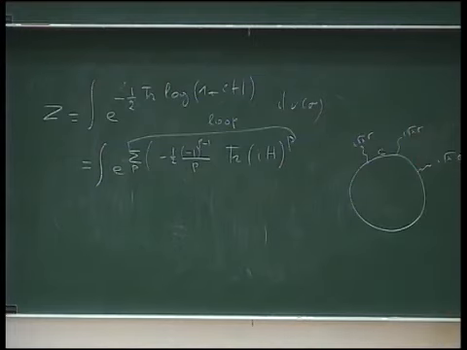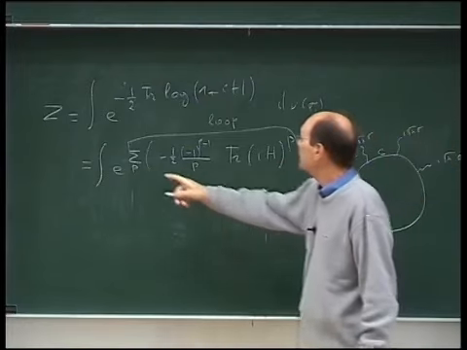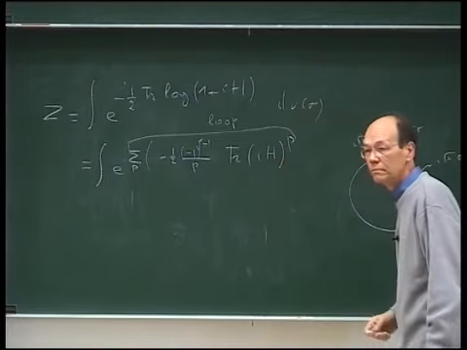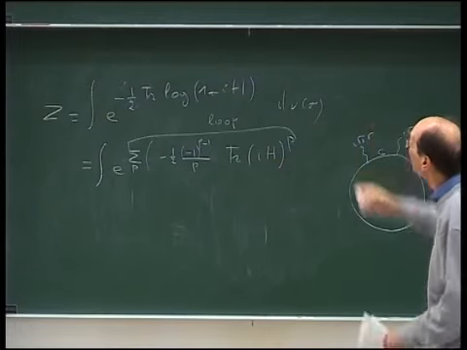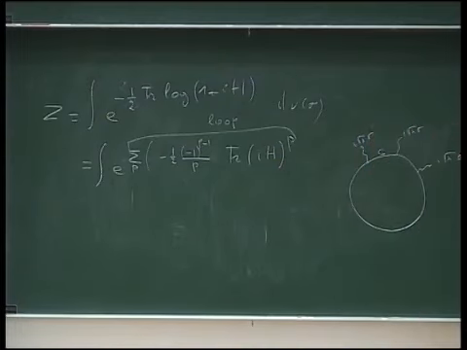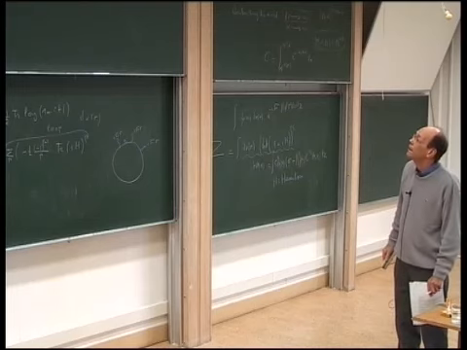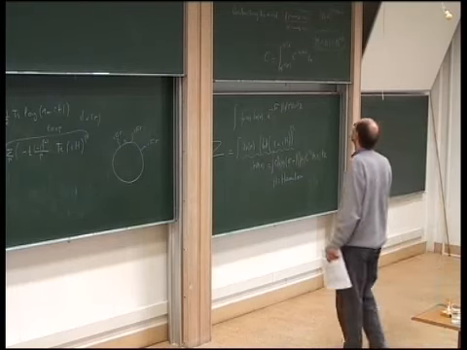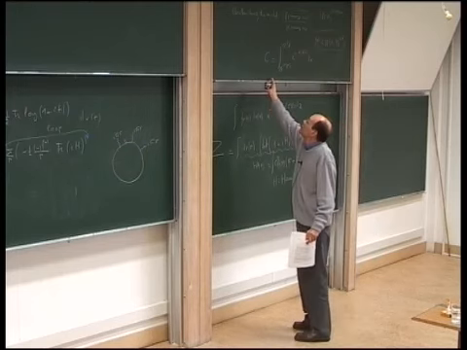Okay? So this is a loop, and this is the exponential of loops. So this is phi4 as a case of loops. Okay, so I go now to the next topic, which was extracting trees.